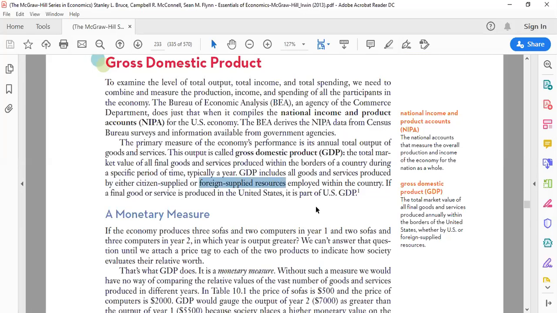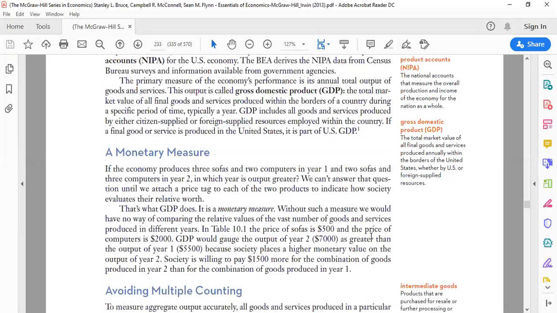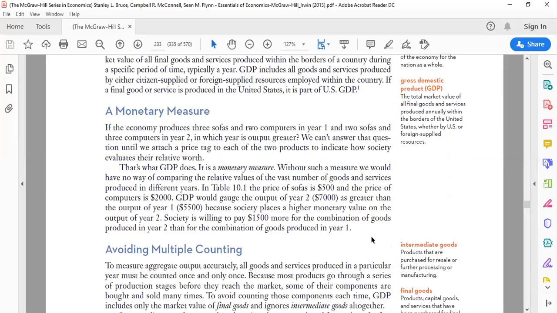It tells us the market value of all final goods and services which are produced either by the citizens of the country or by the foreigners of the country within the territorial boundaries of that country. Now, this GDP measure